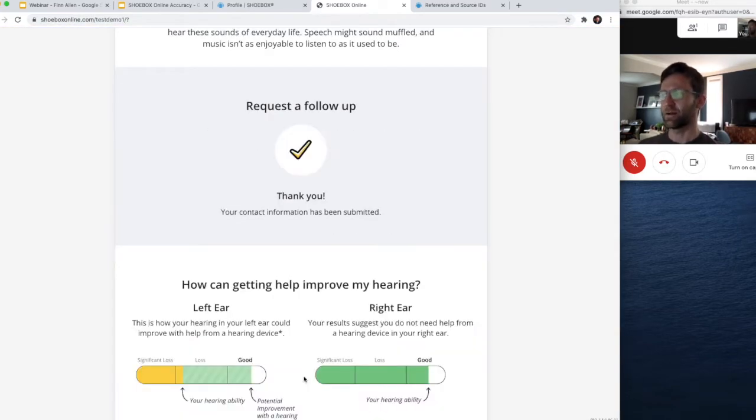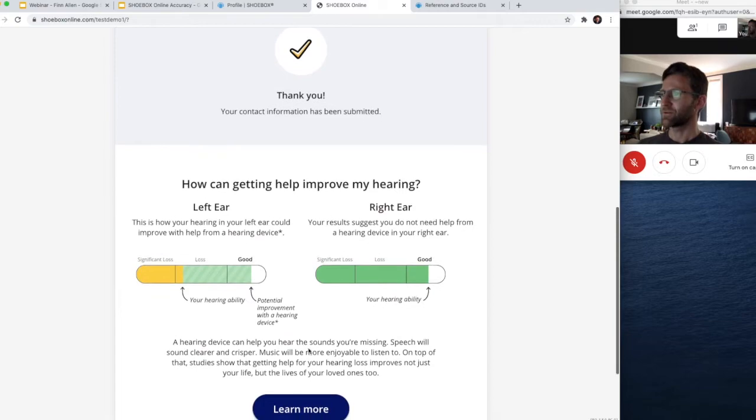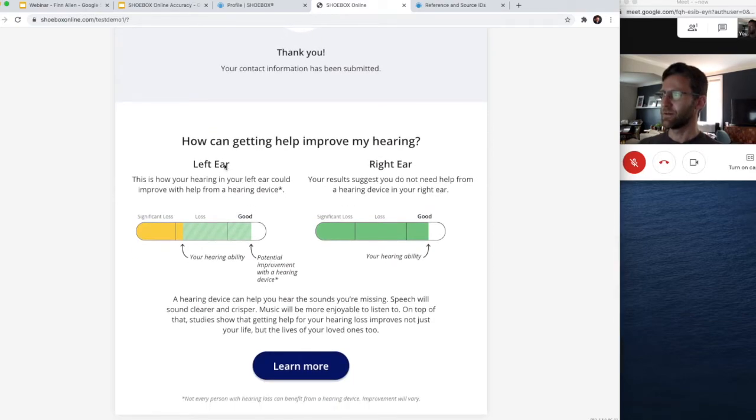So I'll submit that, and I would get an email requesting that Finn Allen has requested an appointment. We can then scroll down here, and you can see how getting help can improve my hearing. So we can see that, on one ear, I have good hearing, but on the other ear, there's definitely some potential improvement from a hearing device, and this is where I can really contact you to support me in learning